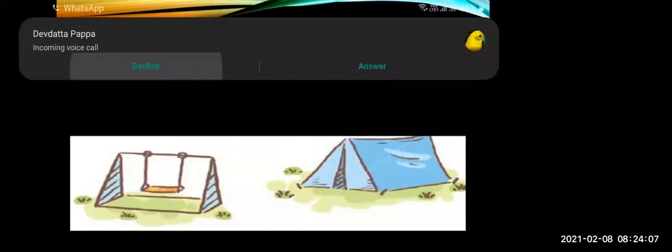See, this tent also you can see. The front side and the back side are also triangles. And if you see, the base will also be a rectangle. The front and back will be triangles. The base will be a rectangle. So this is the triangular prism. So these examples are related to the triangular prism.